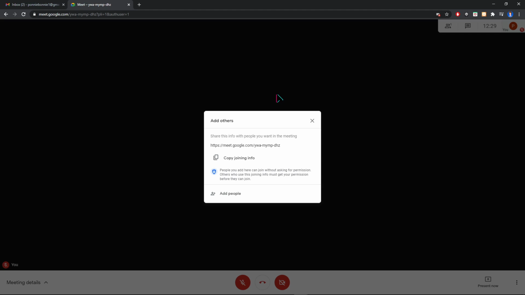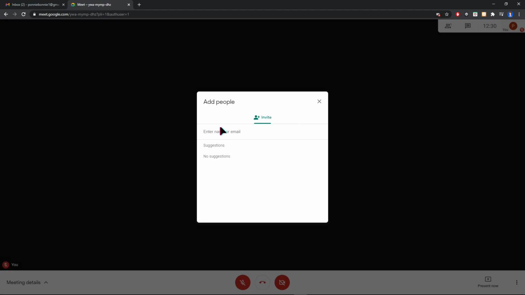from Facebook, from Instagram, from Snapchat. I don't know from where you can send it to your friends. And the second way is by clicking this add people. When you click here, you can add your friends by entering their email address. And yeah, when you click on their email address, just click on invite, and they will